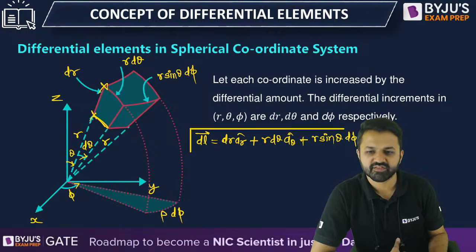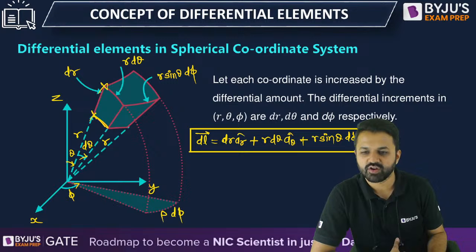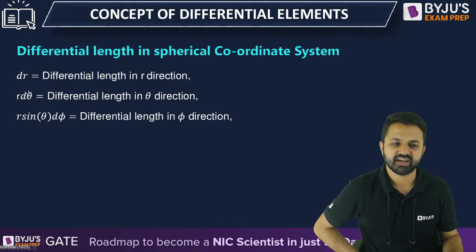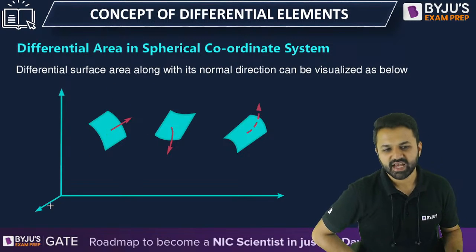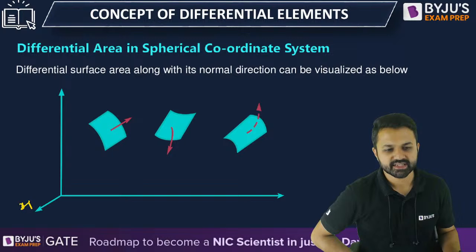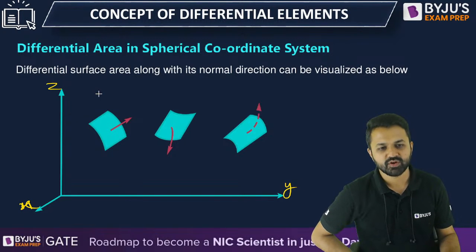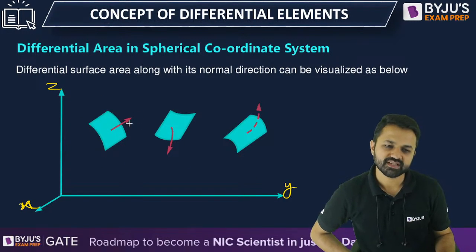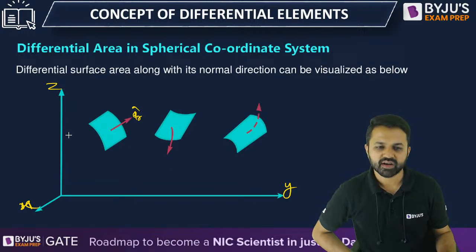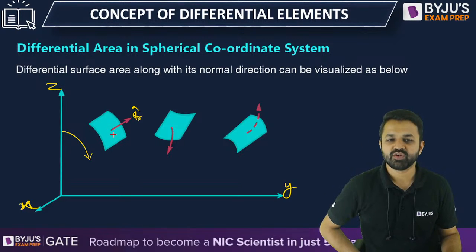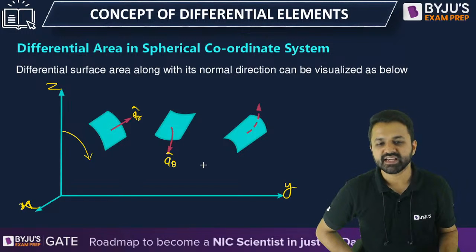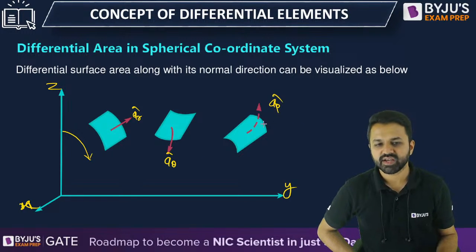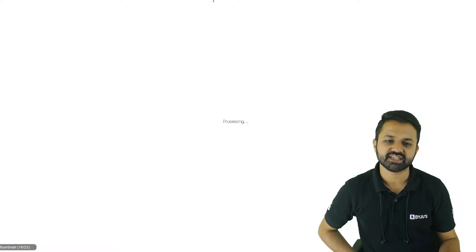So once you write the differential length, how do you write the differential volume or differential surface? Let's find the surface. As you can see, this is x, this is y, and this will be your z. Because you are moving away from the origin, this is in the direction of r. Coming downside means you are moving away from the z axis, so that will become theta, because that will be the increasing angle. So that is theta and that is phi. In the direction of r, theta and phi, how will you write the differential surface?